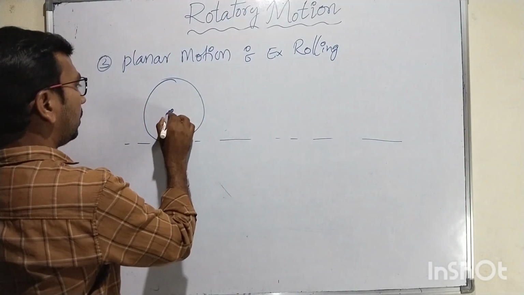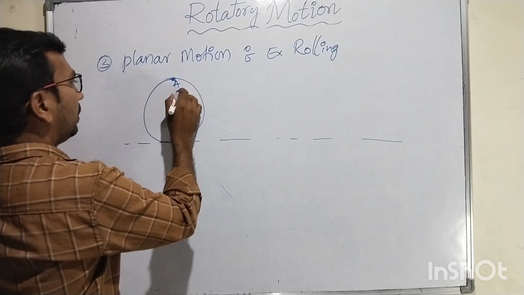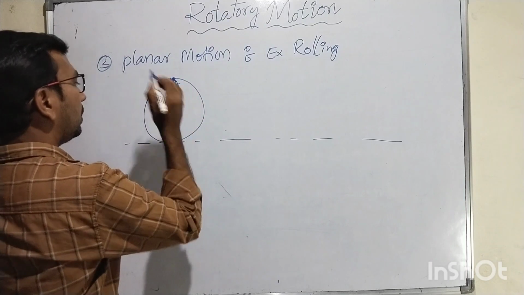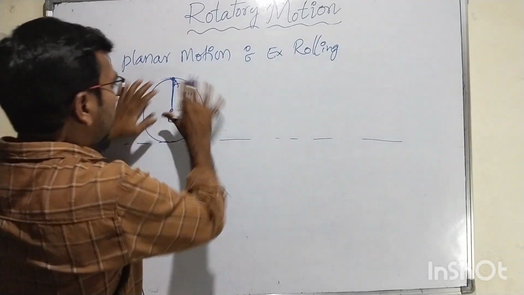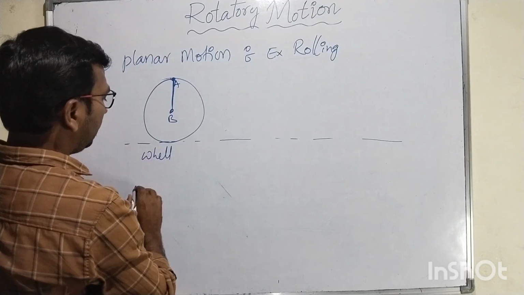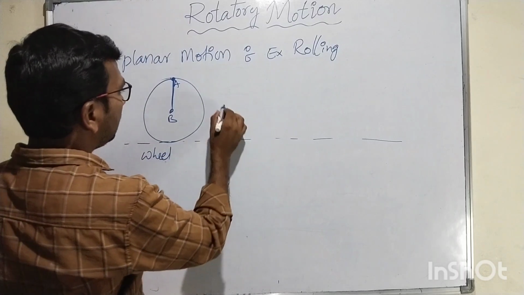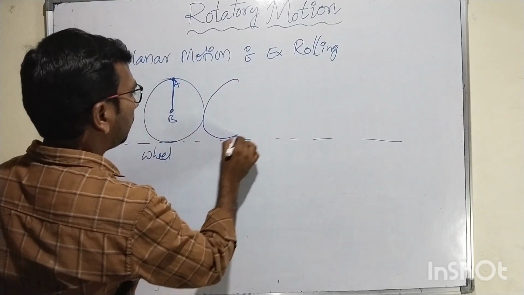So this is point B and this is point A. In case this wheel is rotating,